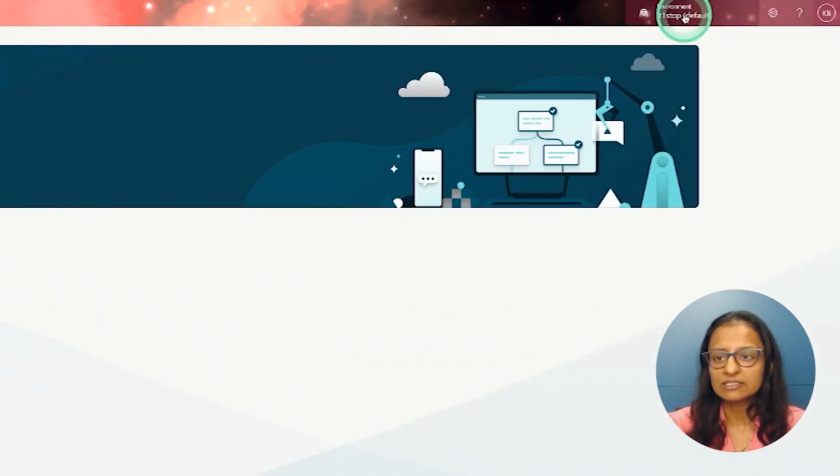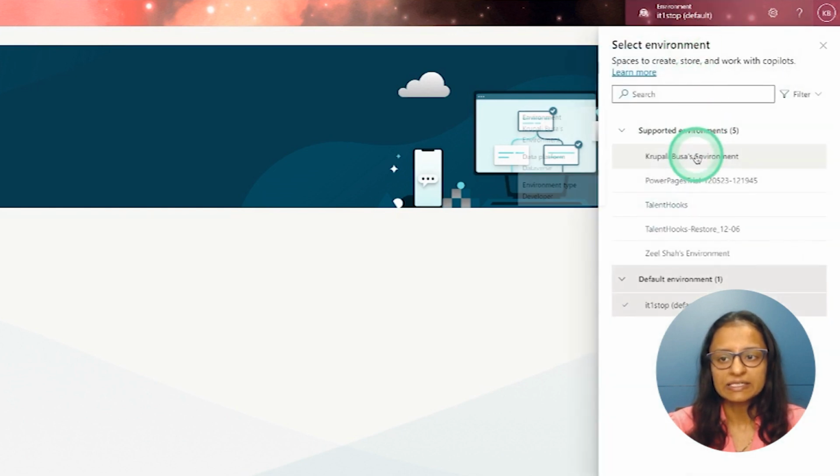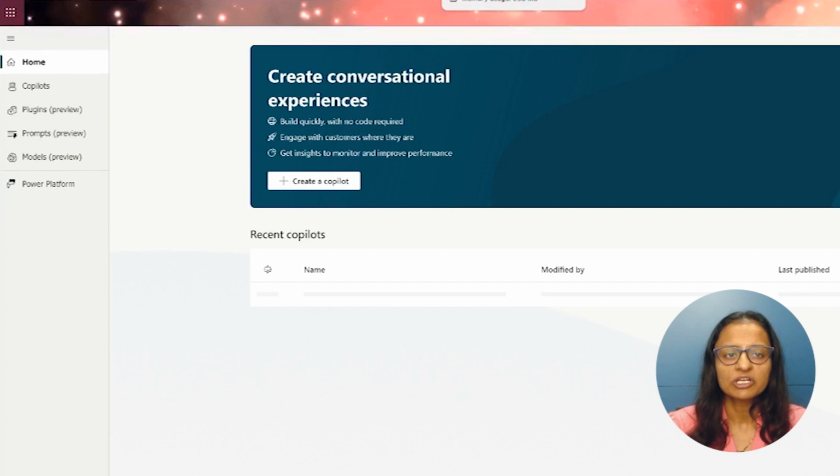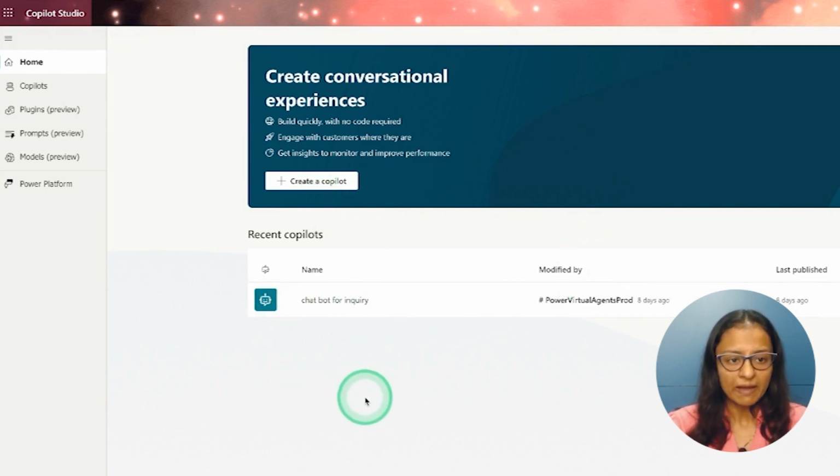Now see here, this is an IT One Stop environment and this is my login. So you need to click on the environment and select the environment in which our tables are there. Okay, now if you created an account using Microsoft, then the default environment will be yours. But since in my account several environments are there, I need to make sure of it. Now here you will be able to see the Copilot.